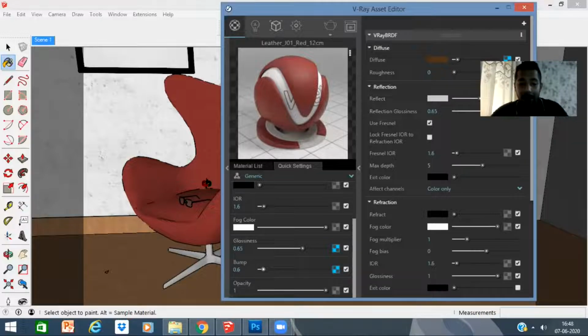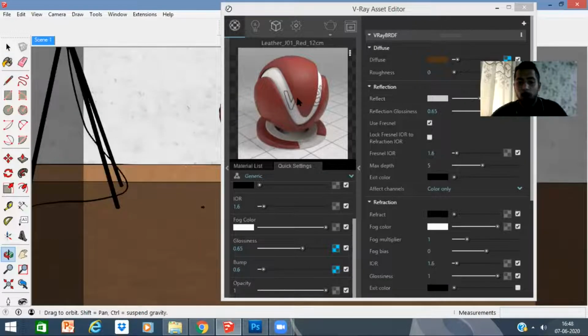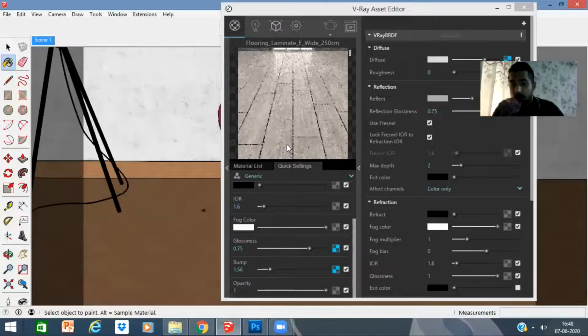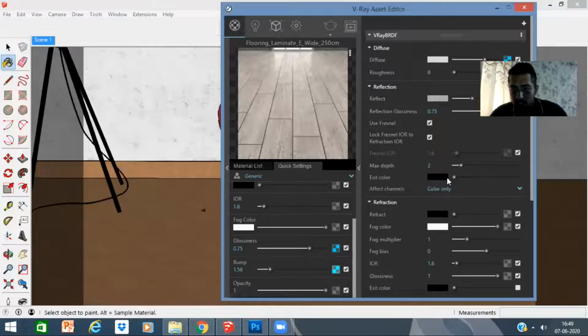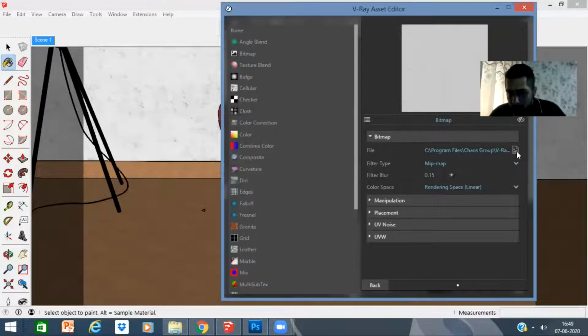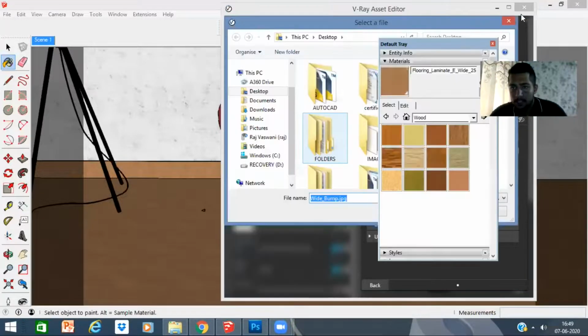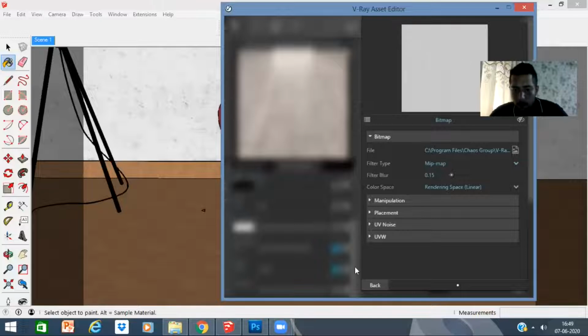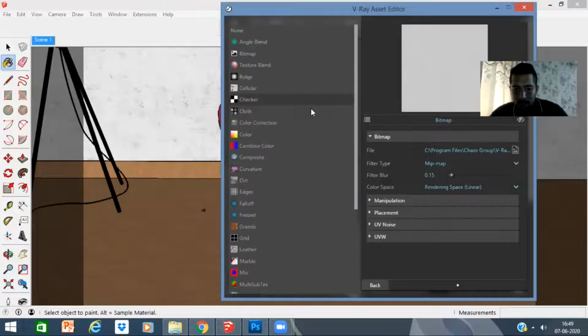Okay, now let's say I select the flooring over here. All right, so I've selected the flooring. Now please pay attention, guys, to my floor. You can see that there are these dark lines in the map over here. I'll click on this and I'll actually change this map over here. You can change it from here if you want, which are basically map settings. Or you can have the preset map settings, which are so many over here.